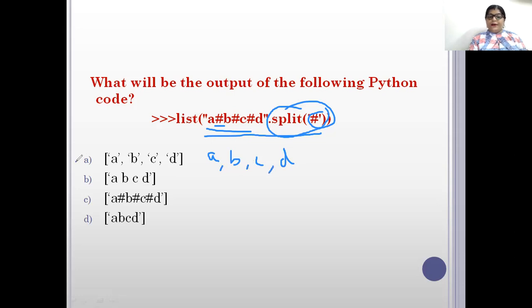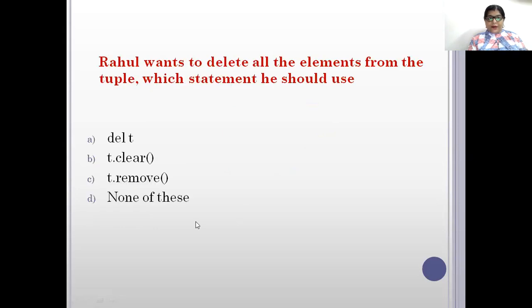So what will be the answer here? A. Because we are splitting it, we keep the parts separate, obviously separated with the help of a comma only. If no comma is put there, obviously that is a simple string. We treat it as a string only because it is a combined thing. If there is no split, it stays combined, but when the split happens, we put a comma there. Got it? Okay, so the answer here is A.